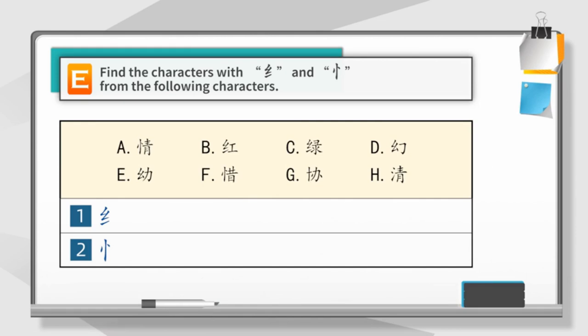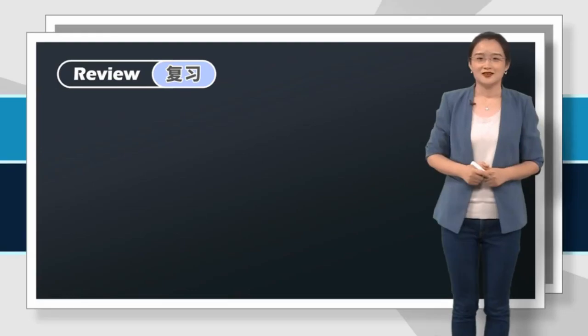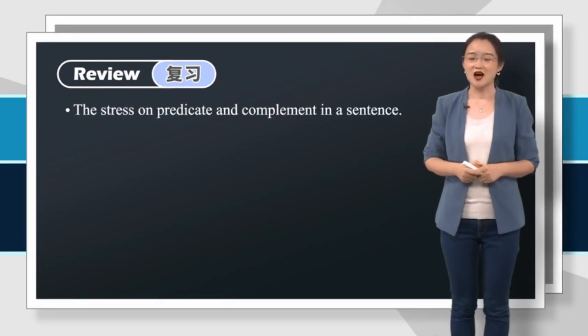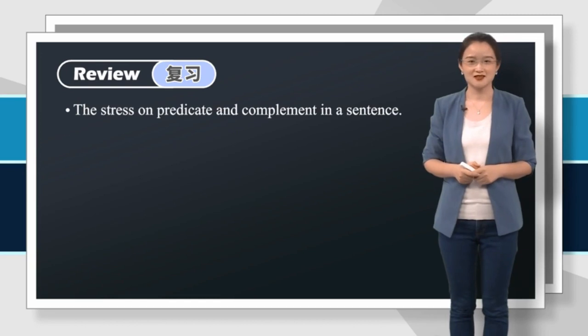Okay, let's check the answers. 1. 绞丝旁 B. 红 C. 绿 2. 竖心旁 A. 晴 F. 西 很好。